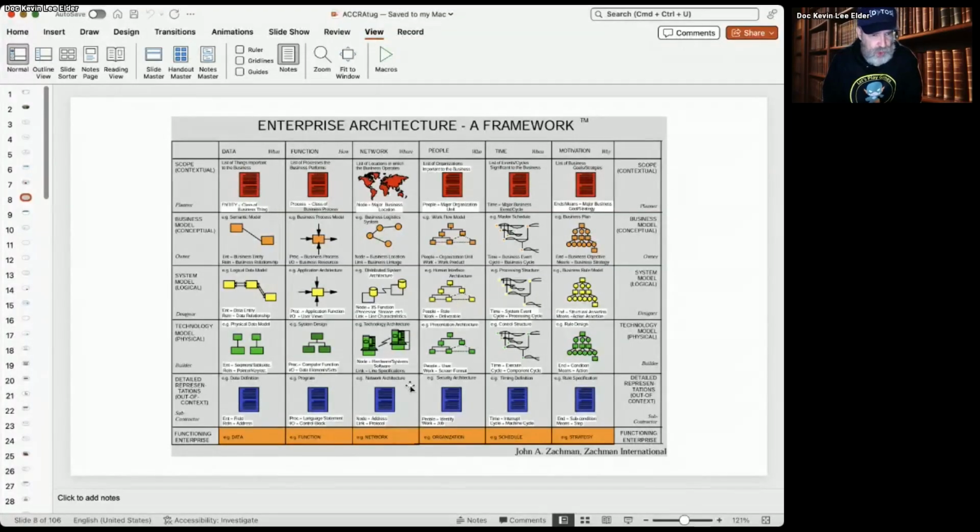So you've got to ask a lot of questions before you sit down at Tableau and start trying to build those. And so I like to have my students take a look at enterprise architecture, because enterprise architecture says, well, IT architecture are these first three columns. The data is the what, how we're going to process that data is the function or the processing, and where is that data across the network so we can pull it in. That's typical IT architecture. That's what most organizations look at, and they try and build their analytics to know the what, the how, and the where.